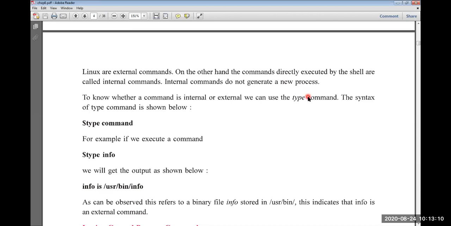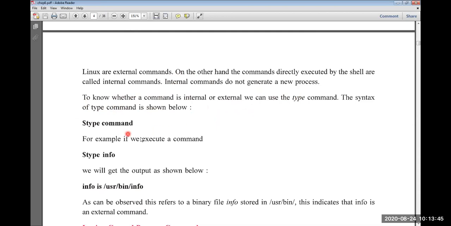Clear? If you want to do some other work, for example, writing, reading, you have to give commands to your parts. For reading, you have to give commands to your eyes to read this. For writing, you will give a command to your hands to write. So those are what? External commands. And internal commands are internal parts which work automatically, right? Where you don't have to give commands. So how will you find out whether the command is internal or external?